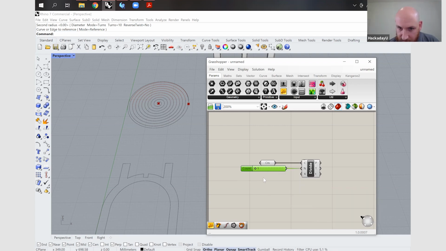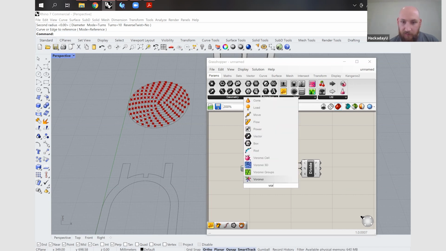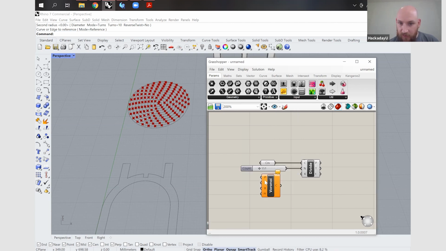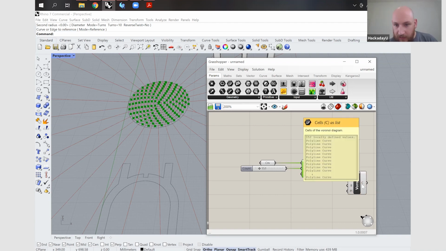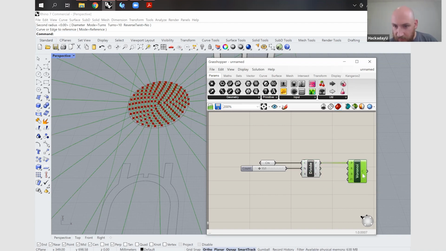And commit. Here we go. So I get up to 1,000 division points on that spiral. And I want to do a Voronoi, which I can just type Voronoi. And I want those division points, where the example I showed you on the PDF was randomly assigned points, but I want those points to be